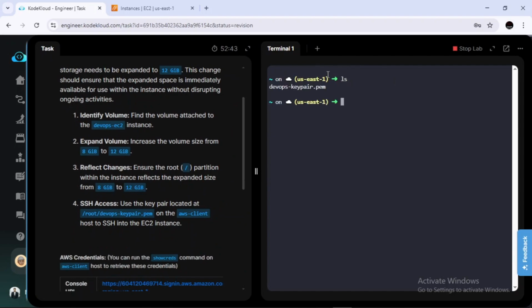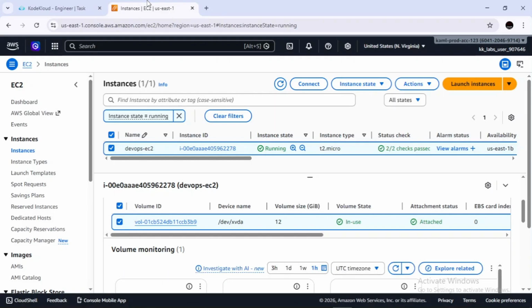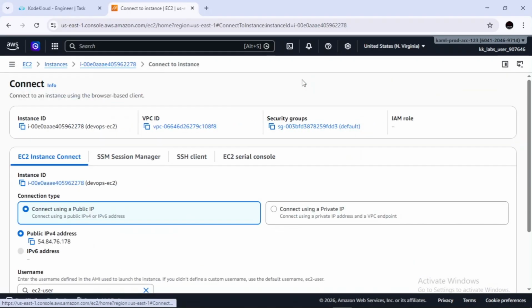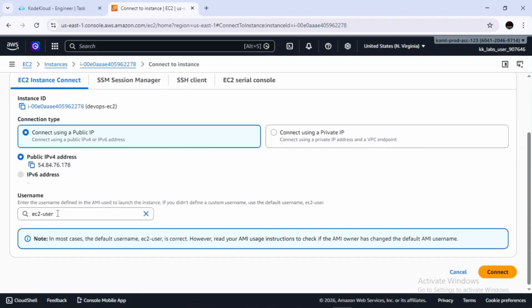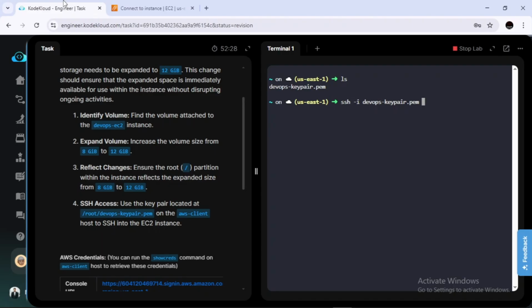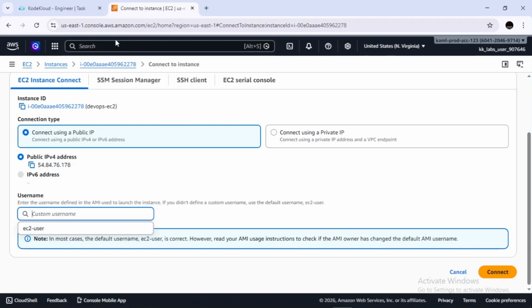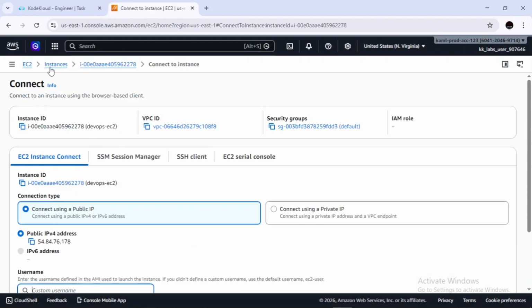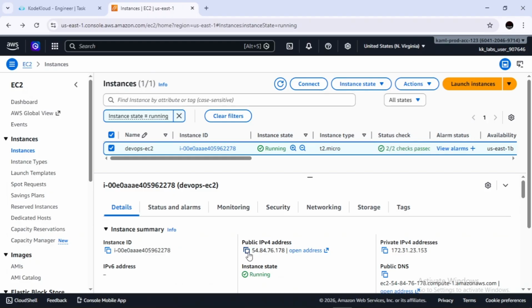This is the key pair. ssh -i devops-keypair.pem. Let's see whether this instance is using Ubuntu. So it is Amazon Linux, so ec2-user at the public IP of the EC2 instance. So copy the public IP. This is the public IP.